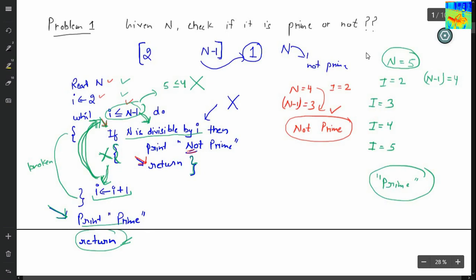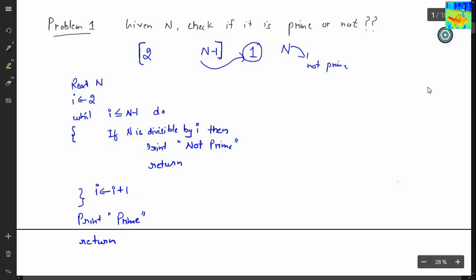So in pseudocode, the instructions are executed line by line from top to bottom. So let us revise what we have done. The problem statement was: given n, we have to check whether it is prime or not. Our logic was very simple. Starting from 2 till n minus 1, my aim is to find just one single number that divides n. If I am able to find that number, then the number is not prime. Otherwise, the number is prime.